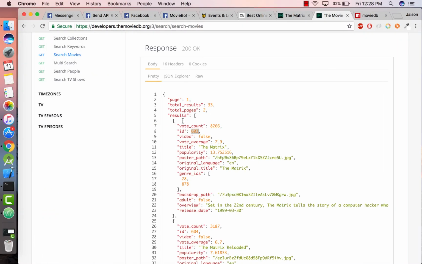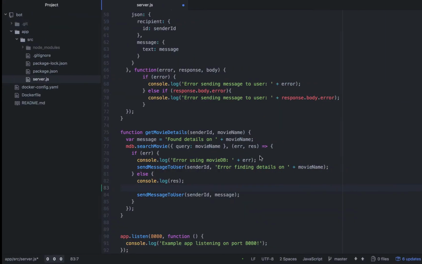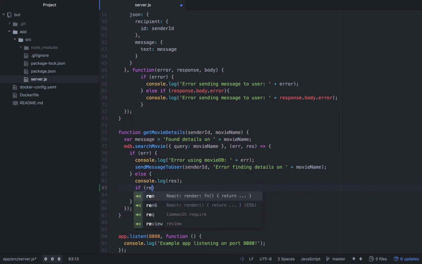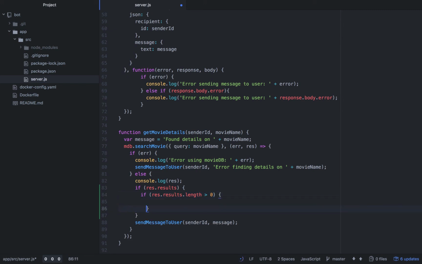So what we need to do is check if the total results are more than 0, or basically we'll just check the results key itself. So first thing we'll do is check if response.results is not null. All right, so we would first check if response.results.length is greater than 0. If it is greater than 0, we handle it. Otherwise, we